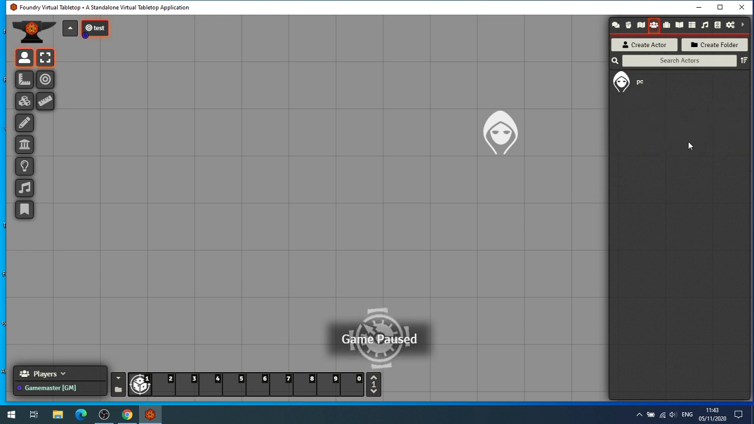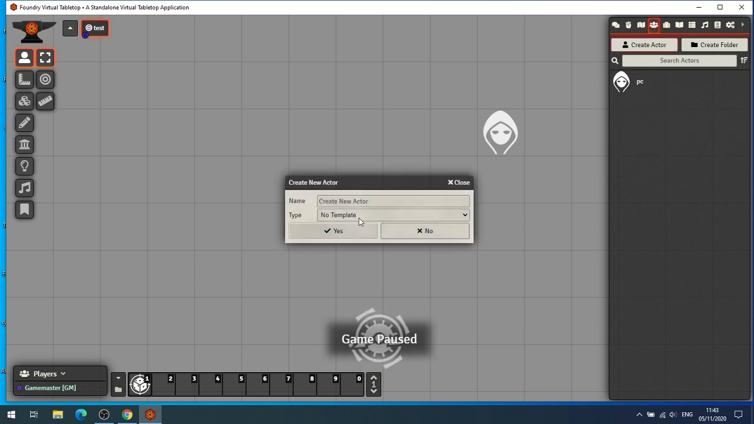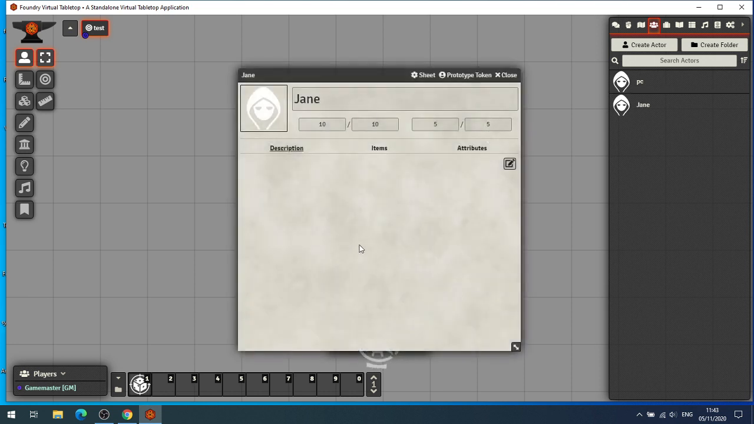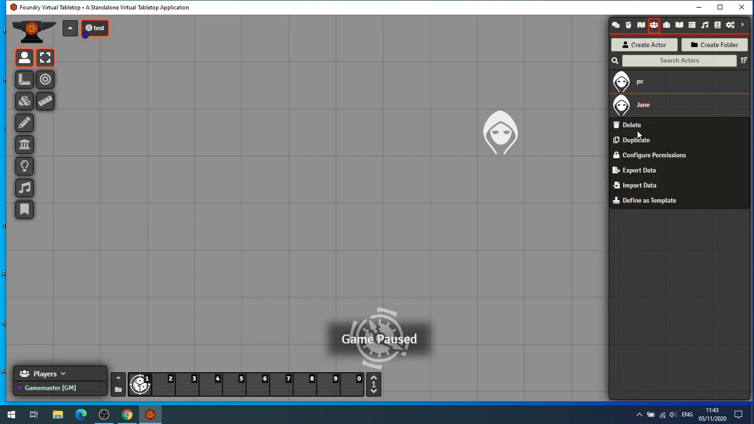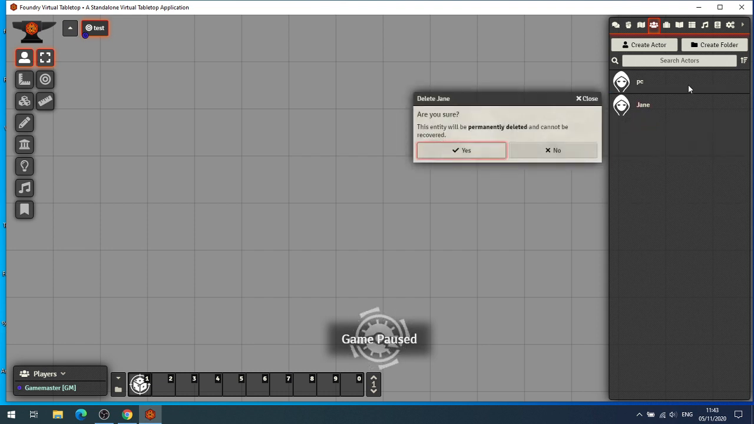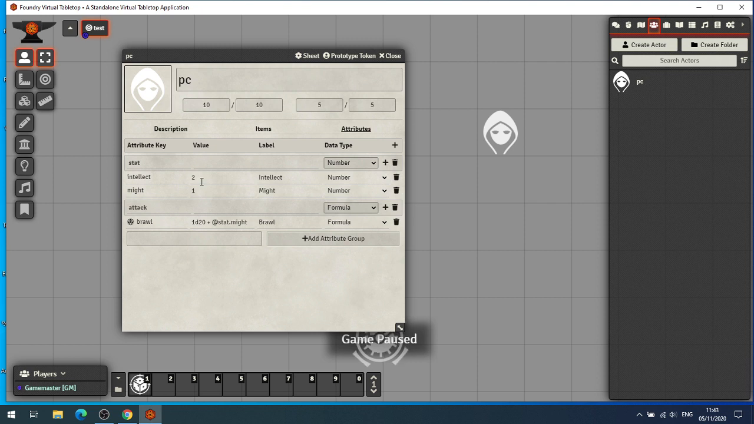Now, next time we create an actor, we get the choice of which template type we have. So with this one, we can use a drop down, PC, and we'll call this Jane. Click yes, and now you'll see everything for that template is brought across. And obviously it's brought the values across because I set those values in the template. But if we delete that and go back to our template and we blank those out and just have those as 0,